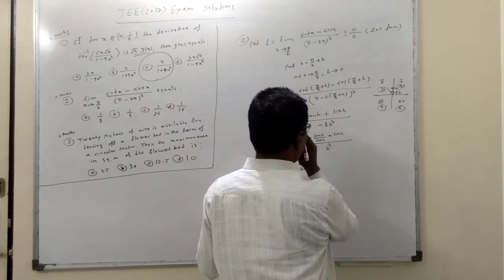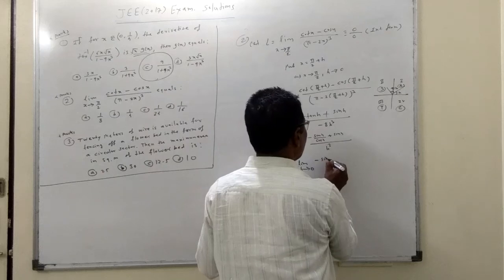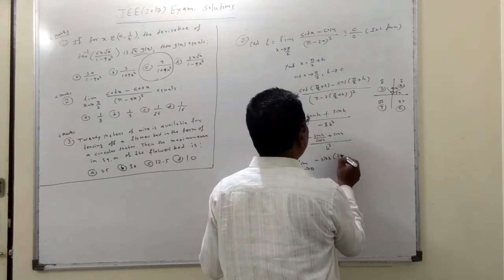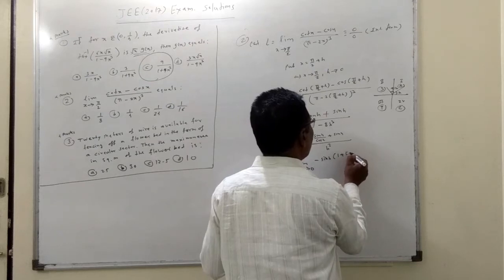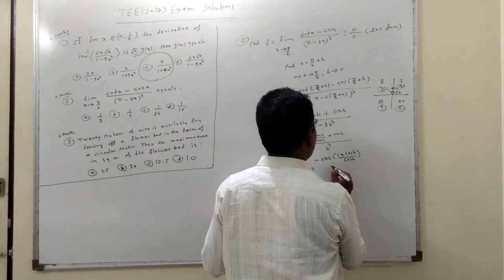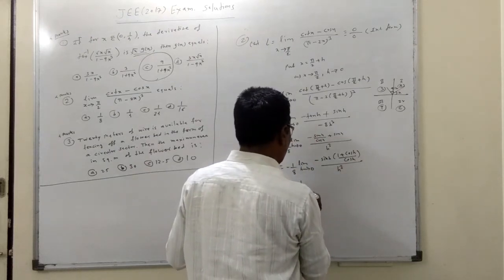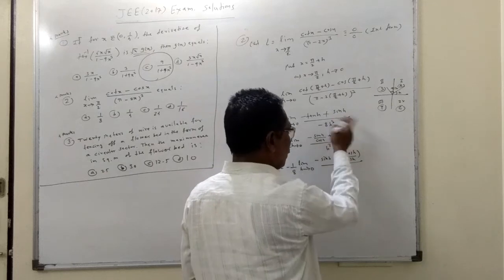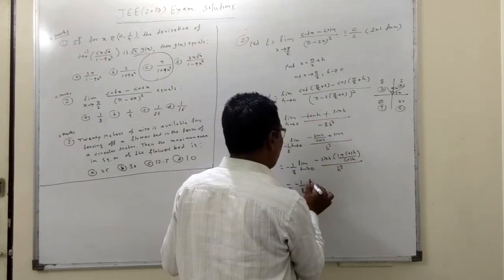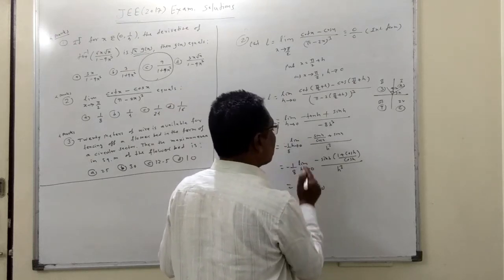Now this minus sign also will take outside, sin h common will take outside. So 1 upon cos h means 1 plus cos h divided by cos h, and divided by h cube. So that is equal to minus 1 upon 8. If you go by the L'Hospital, you want to take the 3 derivatives. So instead of that, we are using the formula, limit h tends to 0. This minus sign also will take outside, minus plus.